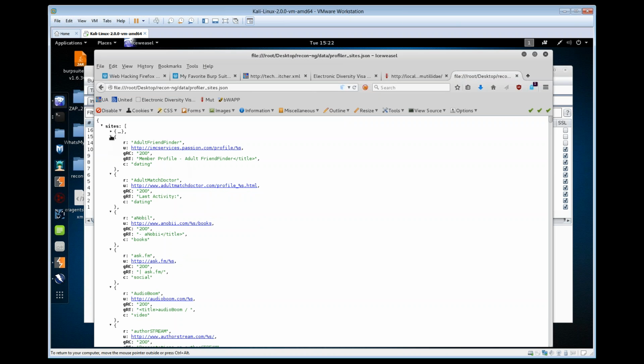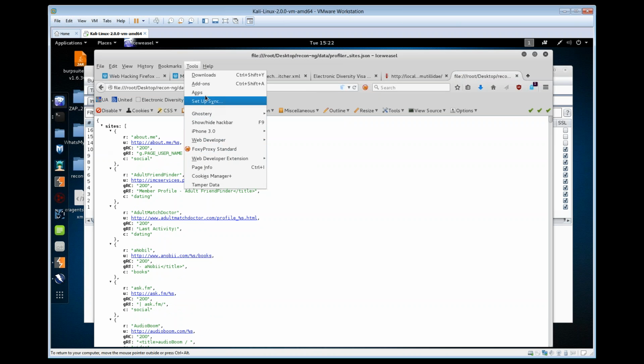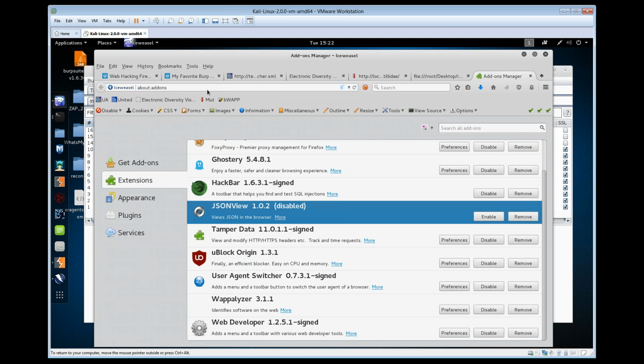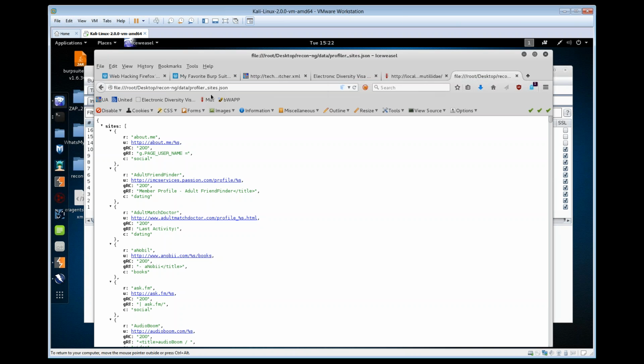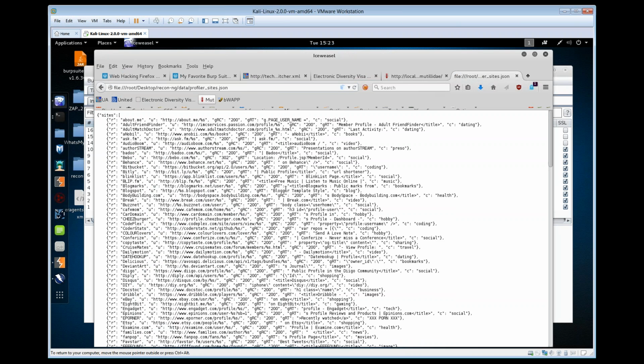We can collapse certain sections. It's presented very well and it's syntax highlighted. Let me turn off the JSON view and I'll show you what it looks like without it. We go up here and disable. All right. And now we load the page. That's what it looks like without it, which still is kind of readable from my perspective, but having the collapsible areas, having things syntax highlighted can be useful as well. So JSON view is another one of the add-ons that I suggest for testing. And that's all we have for the